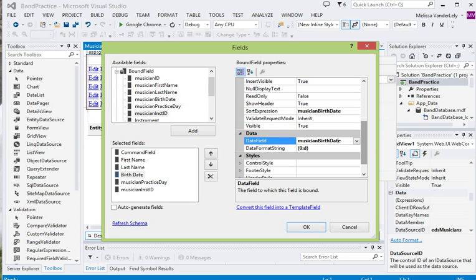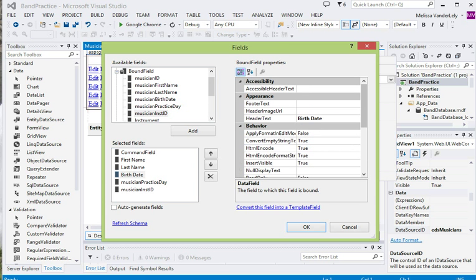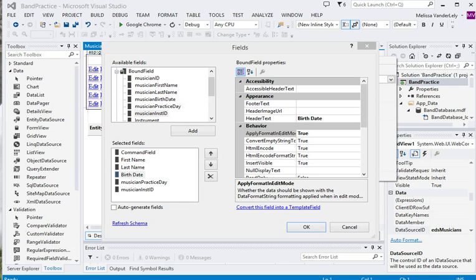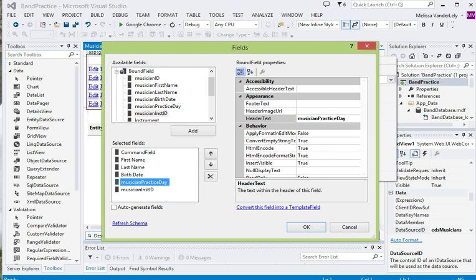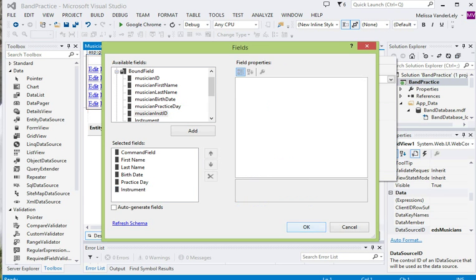If we want it to show that way in edit mode as well, we need to scroll up a little bit until we see this property called Apply Format in Edit Mode. And we'll just change that to true. So that has formatted our birth date column. I'll just fix up the header text for practice day and for instrument ID. Now when we're finished modifying this, it won't be showing the instrument ID number, but it will be showing the instrument name instead. So I'm just going to set the header text to instrument. So I'll click OK here,